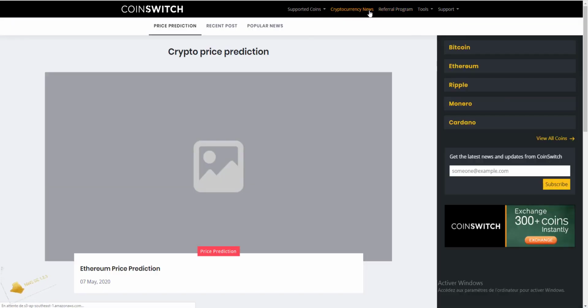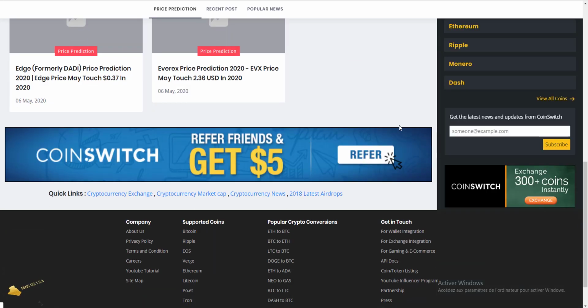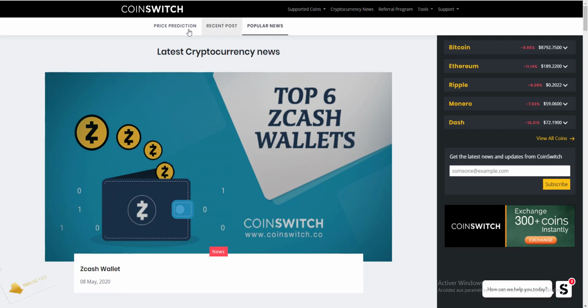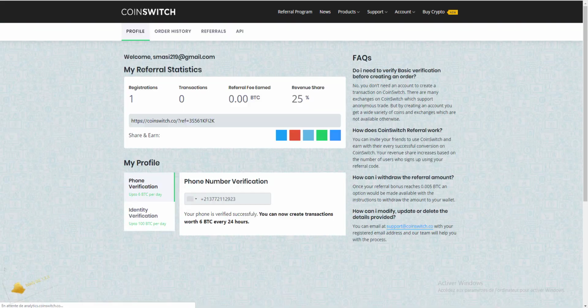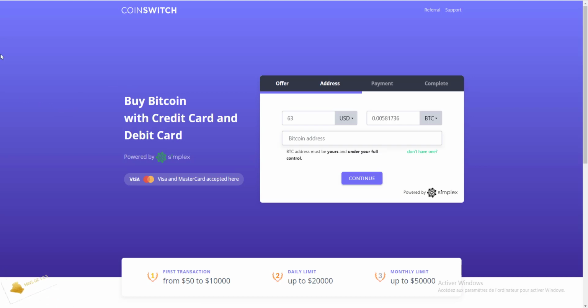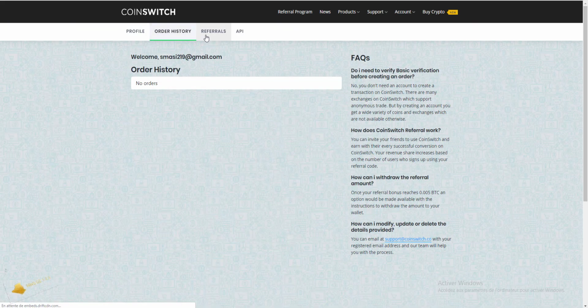And the moment you sign up in the CoinSwitch exchange, you have to go to your email address and verify. Once you verify, this is step number 2. Sign up with the email address, phone number and verify. Yes, I have done that. That's the reason I got into the dashboard, guys. You can see here very clearly. And step number 3, log into your account. So this is my account of CoinSwitch. And then step number 4, you can also invite your friends and earn additional KP points, which can be redeemed till 1st of June 2020 for the exciting crypto rewards.